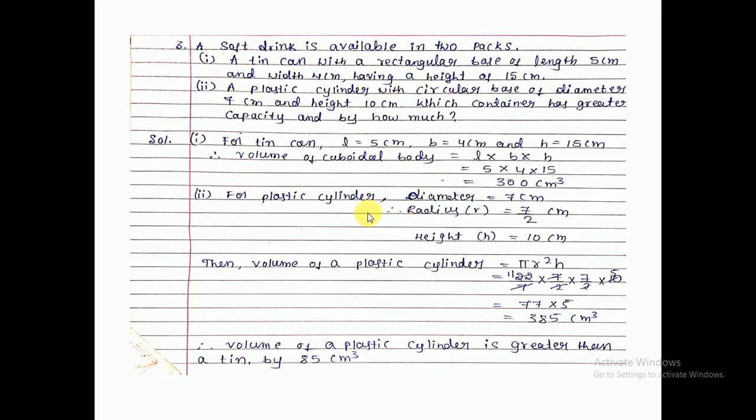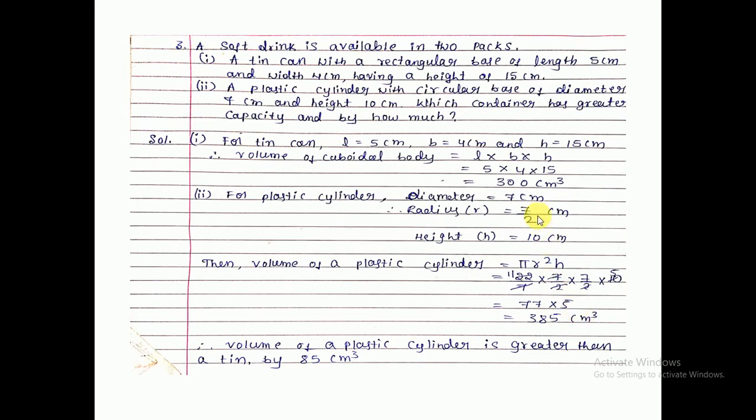Next, second question, for the plastic cylinder, diameter 7 centimeter is given. So we need radius actually, that is 7 divided by 2, and height is given 10 centimeter. We all know the volume of cylinder is pi r square h. So here the substitution part: 22 by 7, this substitution part you all know, no? So here we are keeping this radius as 7 by 2 only for the calculation, so it is easy for the calculation if we take 7 by 2 only. Okay, here 7 cancelled, 2 ones are 2, 5 twos are 10, 2 ones are 2, 2 elevens are 22. You all know these types of simple calculations. So the final answer we got actually is 385 centimeter cube.